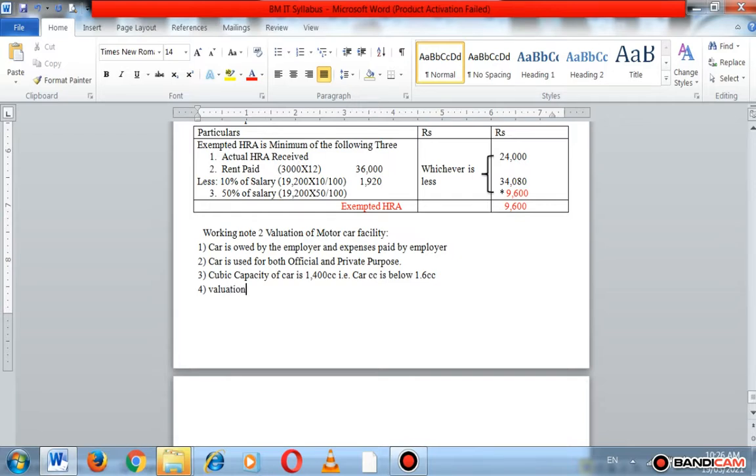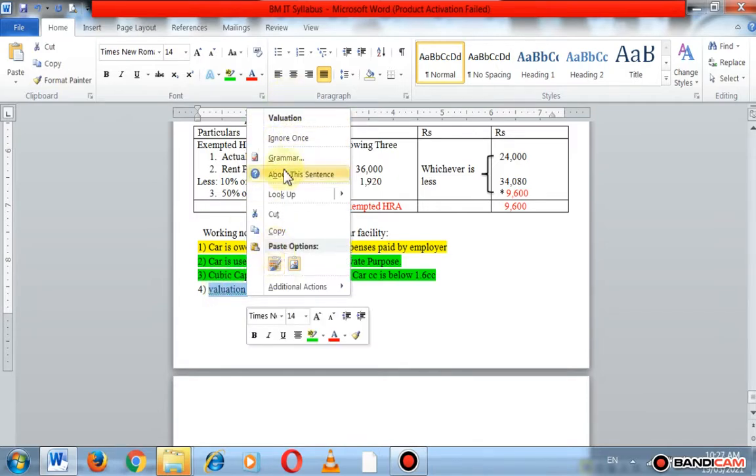Then the fourth point is valuation. So valuation of motor car, if the car is owned by the employer and expenses are paid by the employer, and the car is used for both official and private purpose. We already studied this perquisite, but here only the cubic capacity of the car is taken into consideration. So the car is used for both official and private purpose and cubic capacity is below 1.6 cc. Then the valuation of motor car is equal to